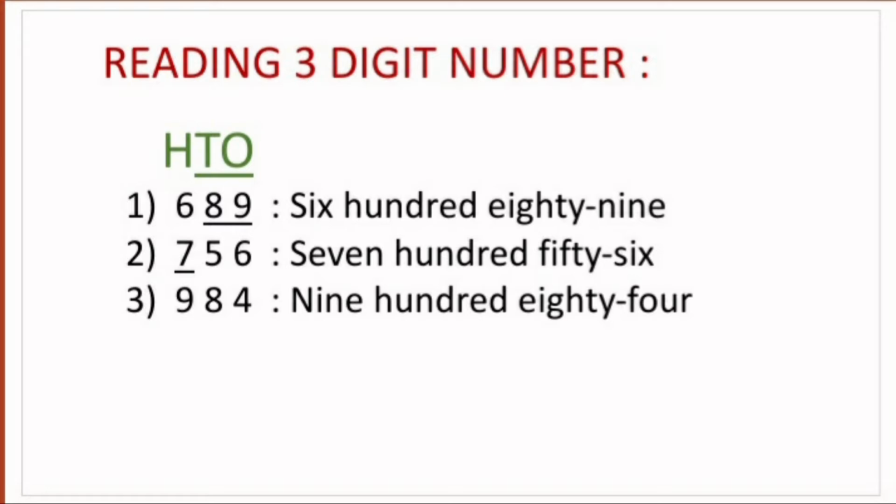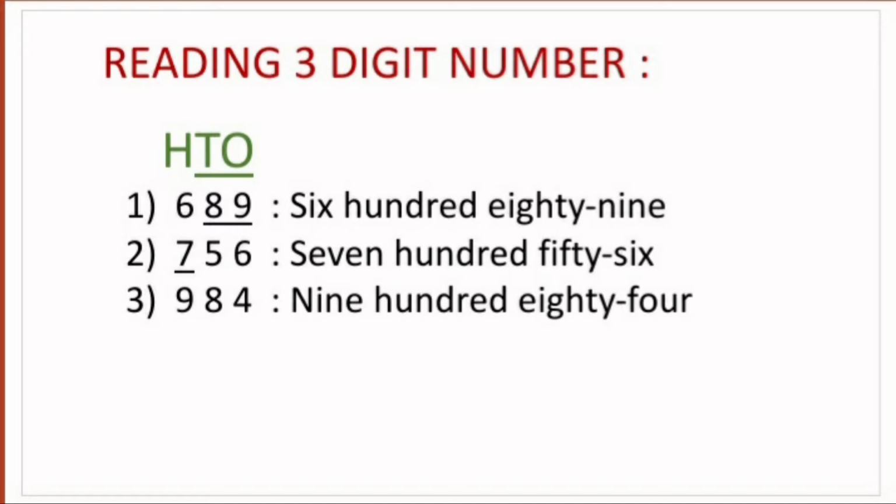Come to the next question, that is 756. So 7 is in the hundreds place, so add 100 after 7, that is 700. First step. Now the second step, the last two digits you will combine together and read. 5, 6, you know that you read as 56. So here you have the number as 756. Remember that you need not add "and". It's always fine when you write 756.